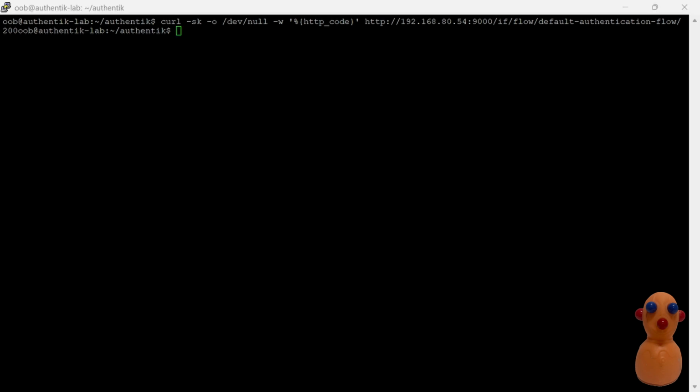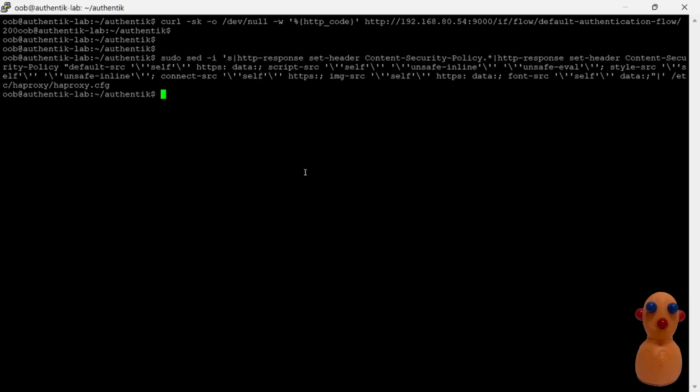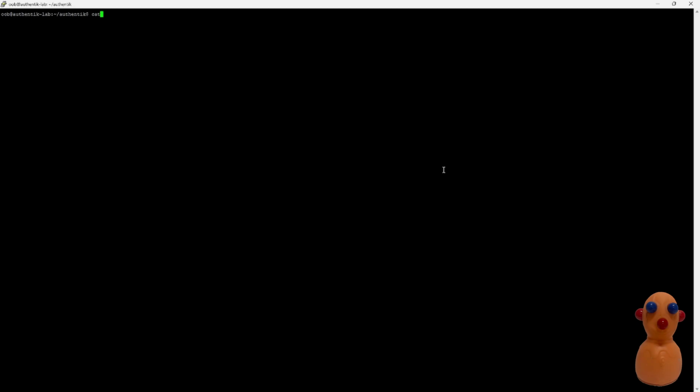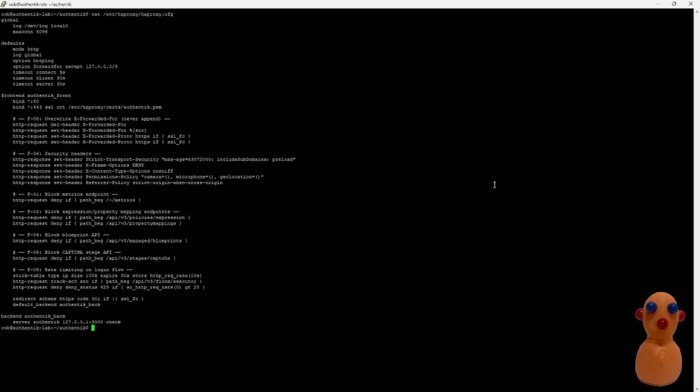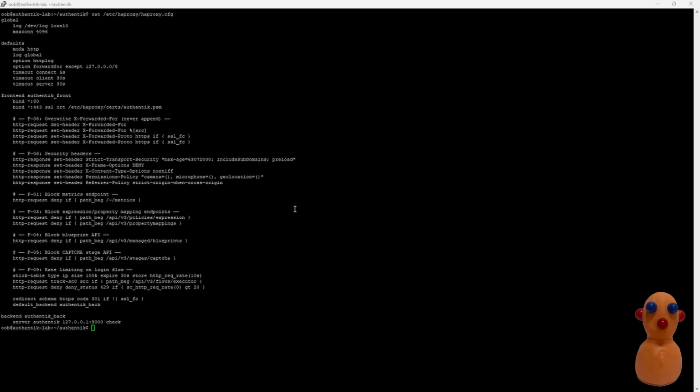Good. Let's loosen the CSP policy and see if that's the culprit or not. My money's on CSP. And now let's reload. Okay, everything is fine, no errors here. Okay, so let's look at our HAProxy config again. So we turned off the CSP profile. Let's turn this off right here. Let's make sure that